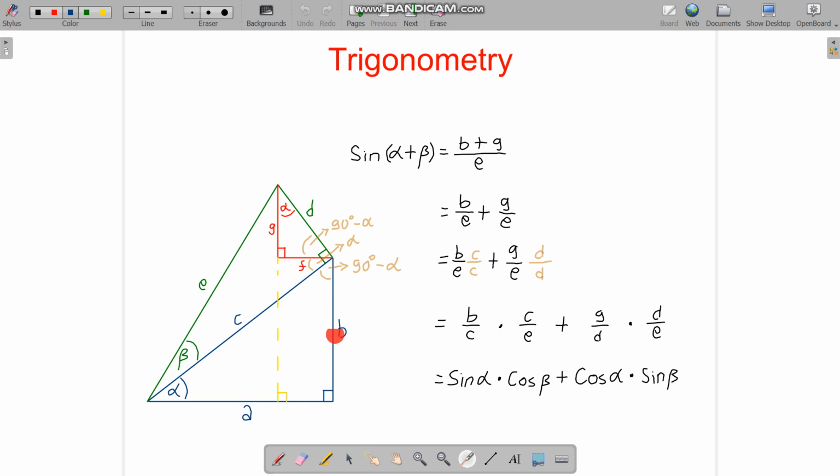The blue triangle, angle alpha, sides A, B, C. The green triangle, angle beta, sides C, D, E. And the red triangle,